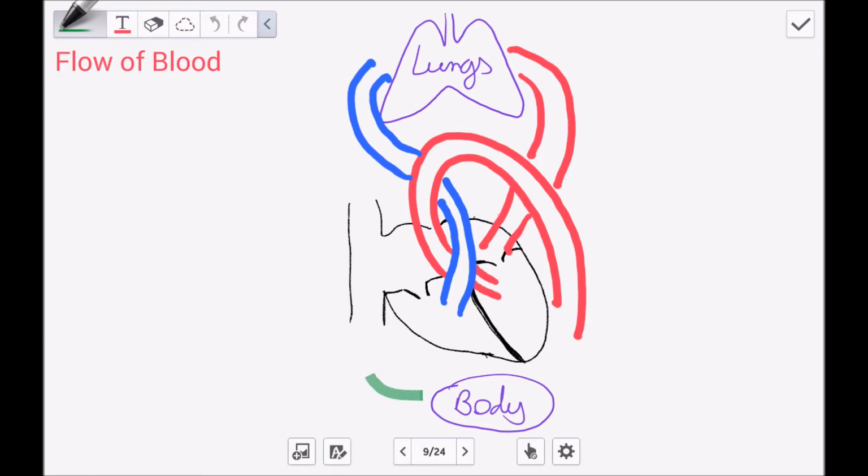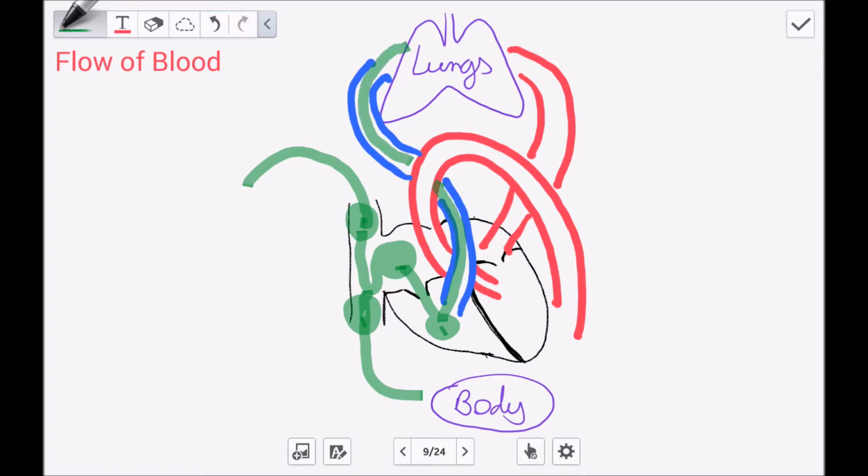So we have the blood coming down from the body, from both directions, from the inferior vena cava and the superior vena cava, and the blood mixes and goes into the right atrium. From the right atrium, it passes the tricuspid valve and comes into the right ventricle. In the right ventricle, during systole, the blood will travel through the pulmonary artery